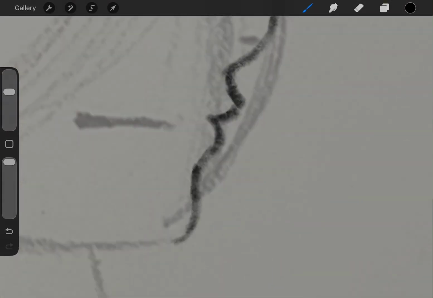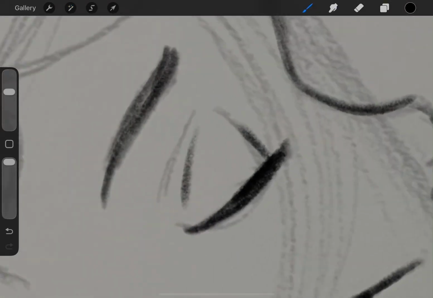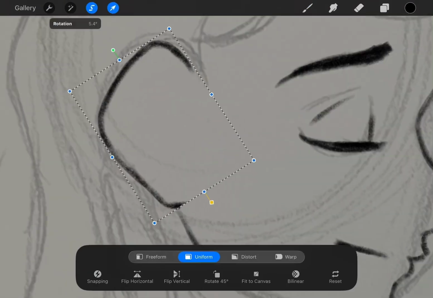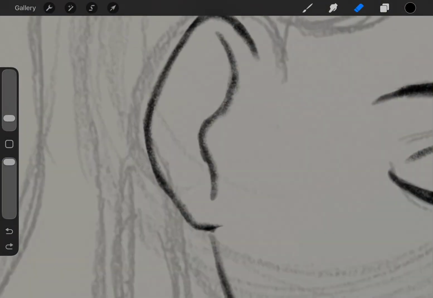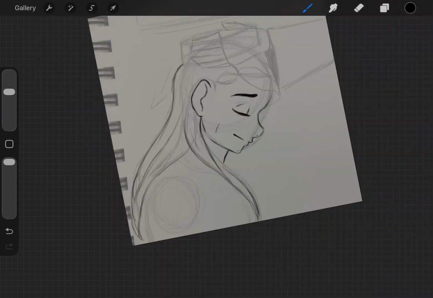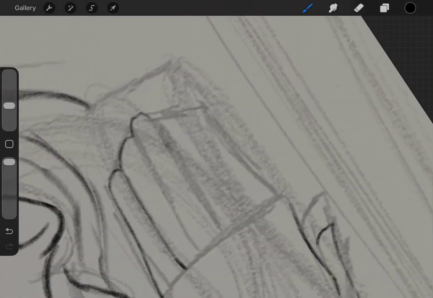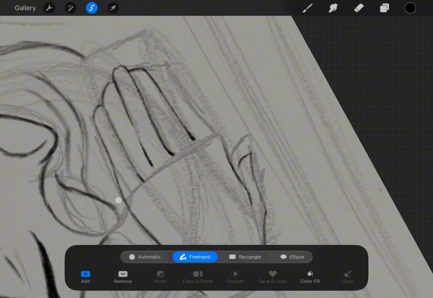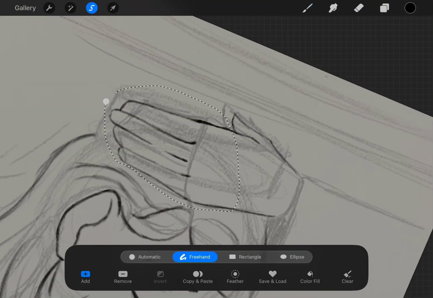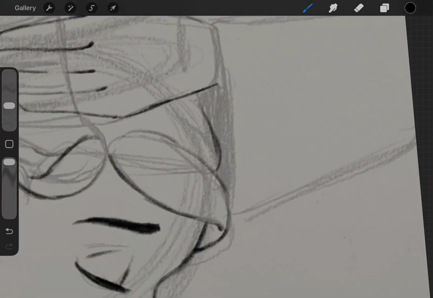Alright, so the next word is lineage, which I also had no ideas for, and then the next day I sat down with my sketchbook and I immediately had an idea of somebody getting crowned. So that's what I decided to draw. And then I imported it onto it, and then yeah, we love that.